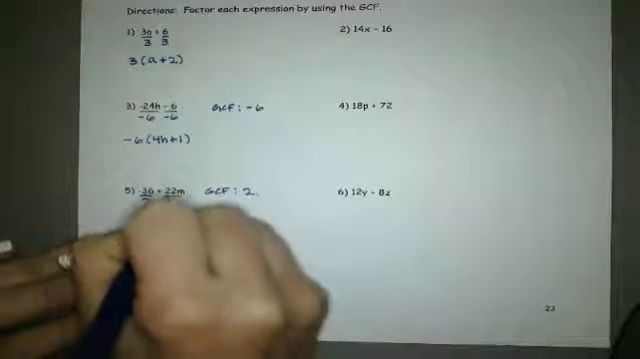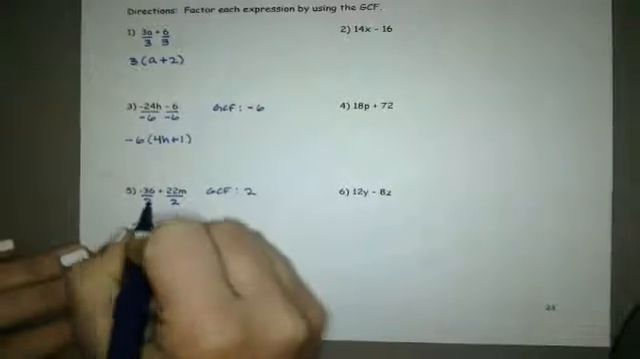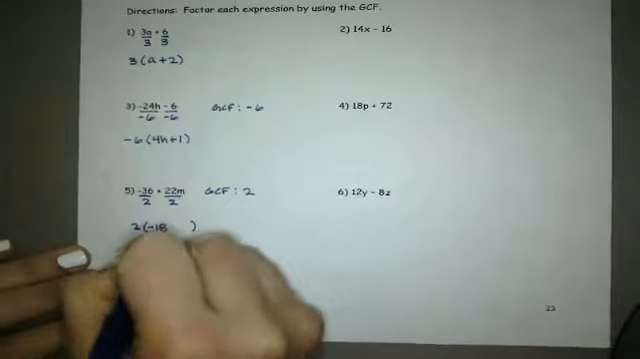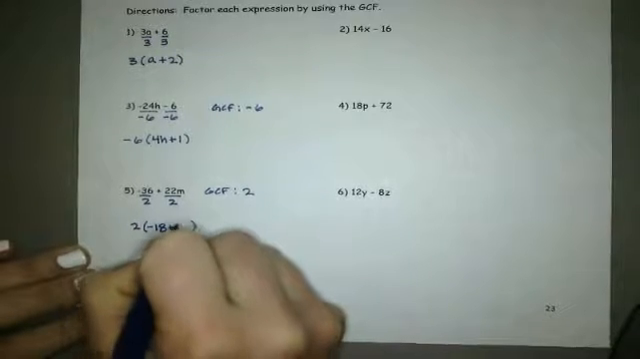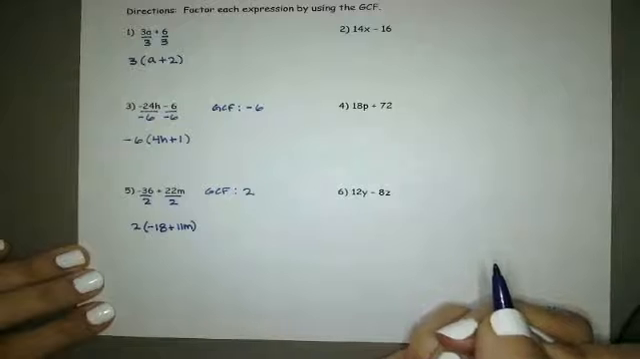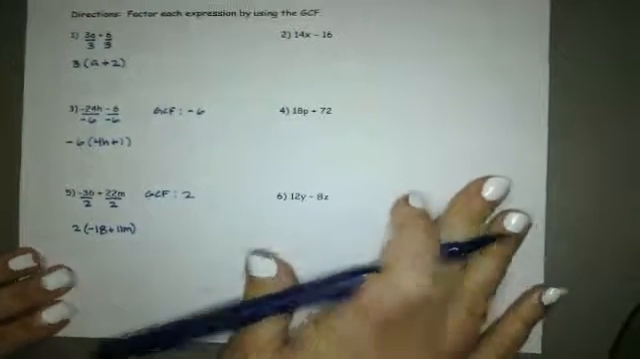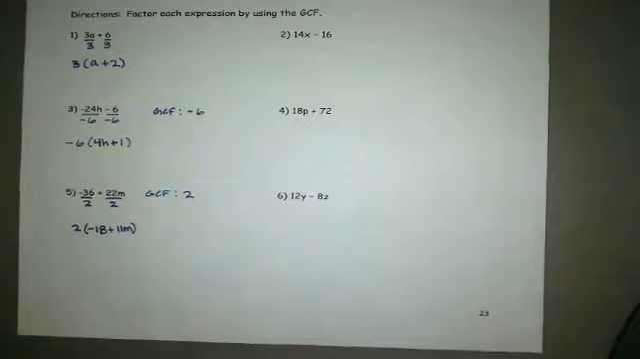So we just divide each piece by 2, kick the 2 out. Negative 36 divided by 2 is negative 18. Bring down our plus, and then we have 11m. Final answer. Okay. I want you to pause your video, try numbers 2, 4, and 6, see how it goes,